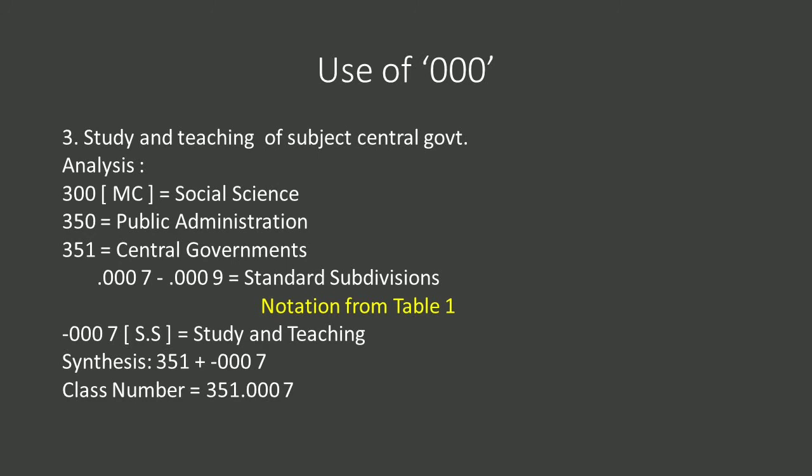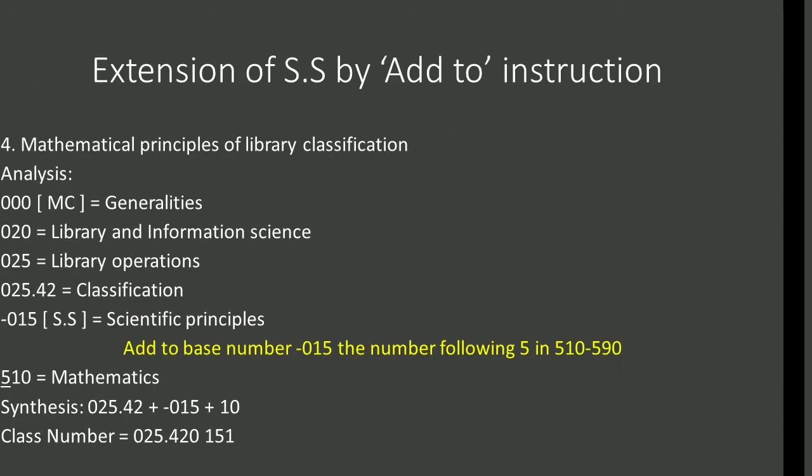Our synthesis will be 351 plus -0007, and the class number will be 351.0007. You have to check the schedule. If you do not check the schedule, you cannot understand it. You have to go through the schedule, and after going through it, your doubts will be clear. The next one is